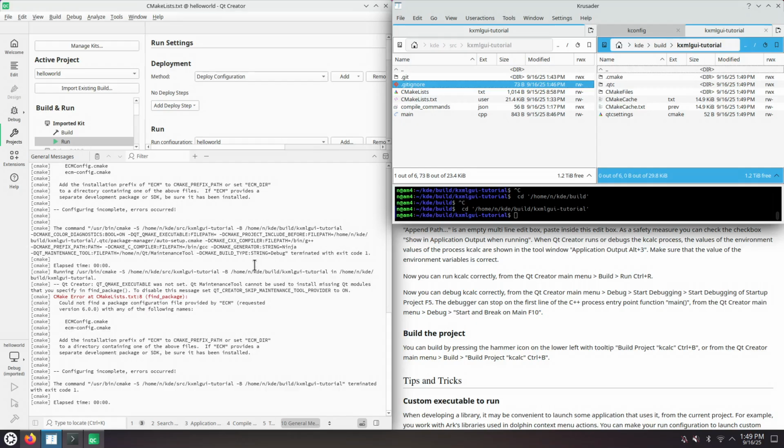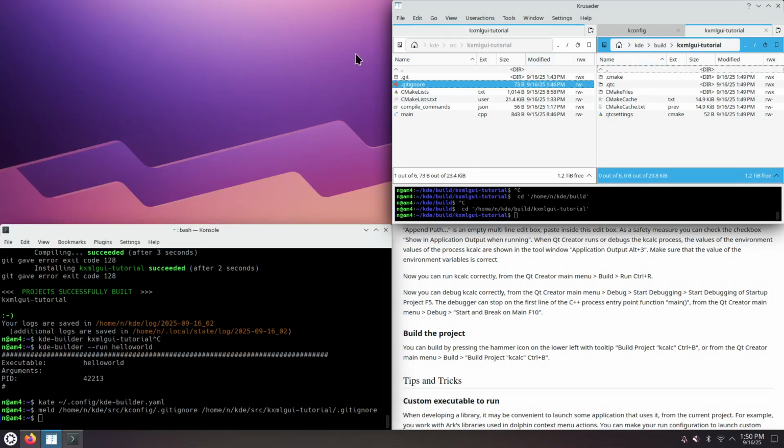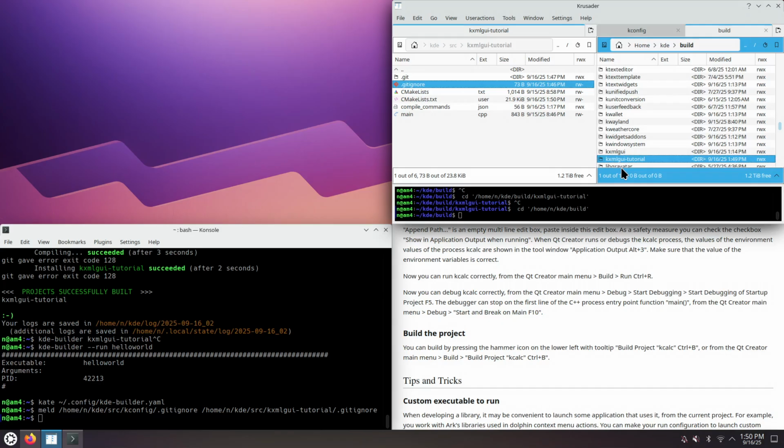Wow, that was not a good idea. So don't delete the entire build directory KXmlGui tutorial. Let's do everything from scratch. So we're going to delete the build directory